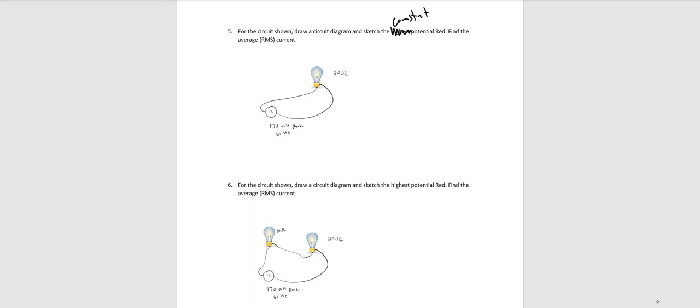I'm making this video to help you out with some of these AC circuit problems in your homework. One of the things I want to point out is in number 5, where it says for the circuit diagram shown, draw a circuit, label the highest potential red. I really meant to put the word label the constant potentials, just like I did in my video over examples of AC circuits. But anyway,